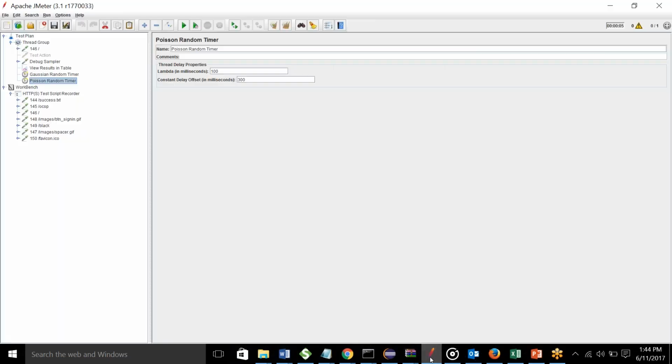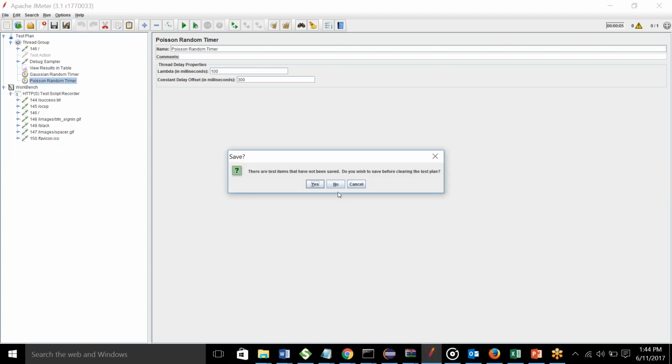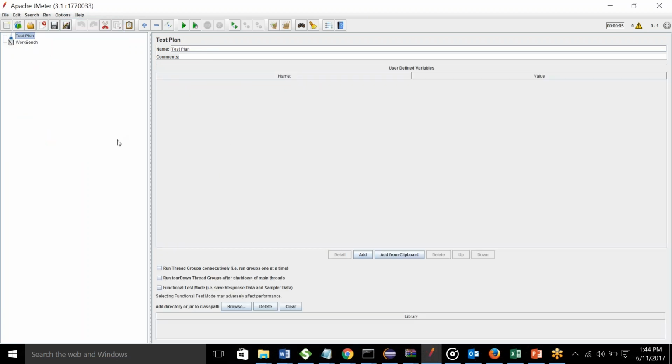Let's go back to JMeter. I'll close and I'll open a new session. Right, so we are on a default page. For example, let's consider a scenario where you are on a shopping website and you have, say, 5 articles. You can say 5 commodities of an item. 5 items are there,